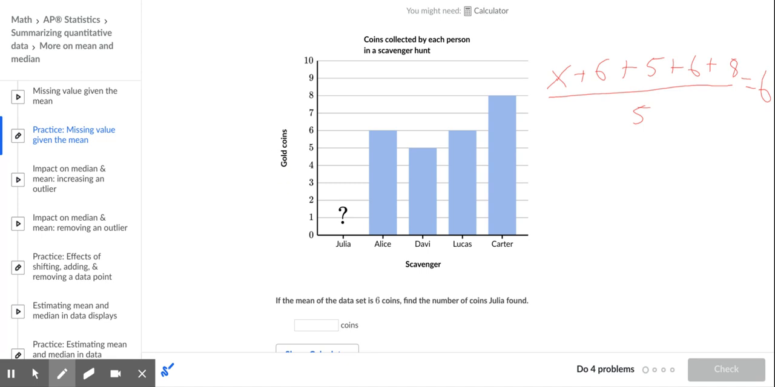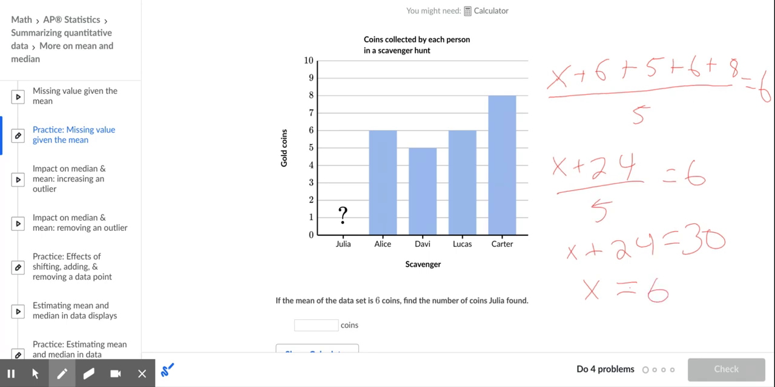So 6 plus 5 plus 6 plus 8 is 24. So we have x plus 24 over 5 equals 6. If we multiply both sides by 5, x plus 24 equals 30. Subtract 24, x equals